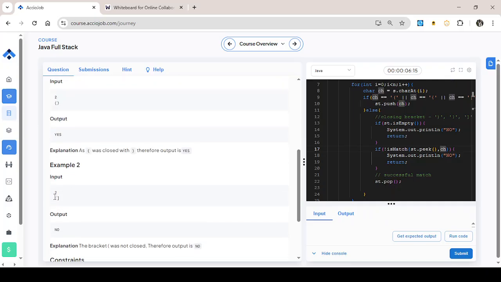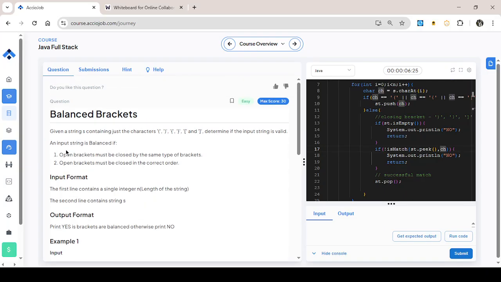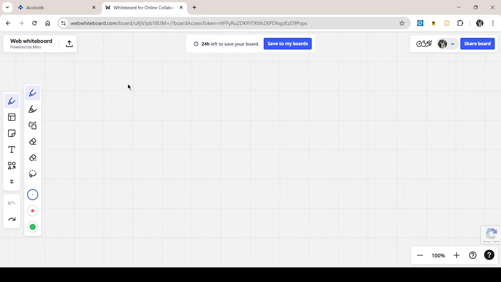Here it is opened by this curly bracket and closed by the square one. So this is not right, right? So